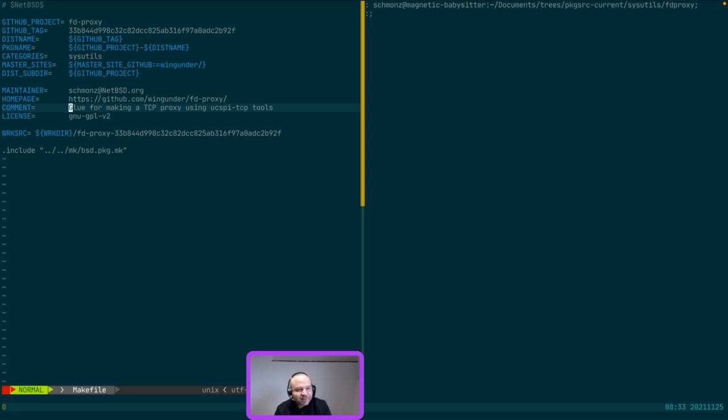This is fd-proxy. And now that we have all the context, it claims to be the glue for making a TCP proxy using UCSPI TCP tools. So I've already done a little bit of this. What happened off camera, I think it was last week, is that I started doing this and then forgot about it. What I would have done is I would have typed url2pkg,